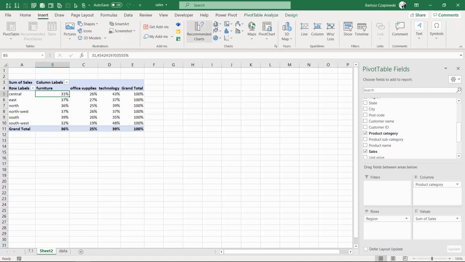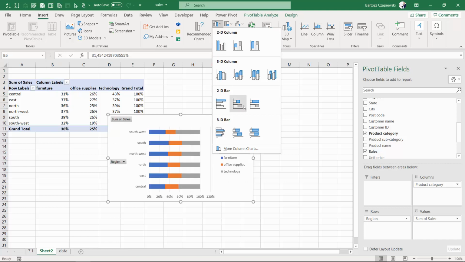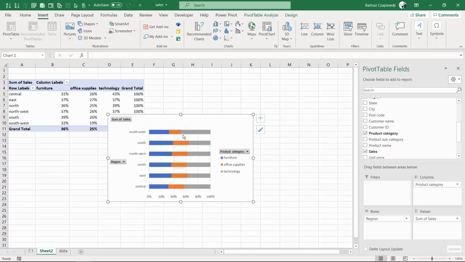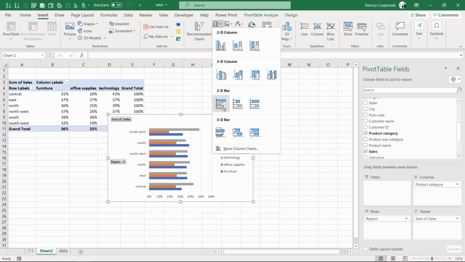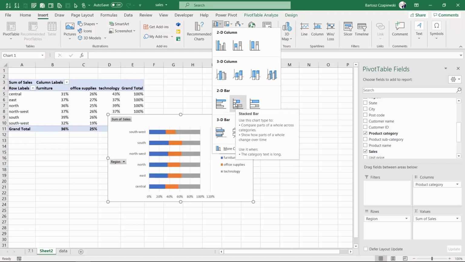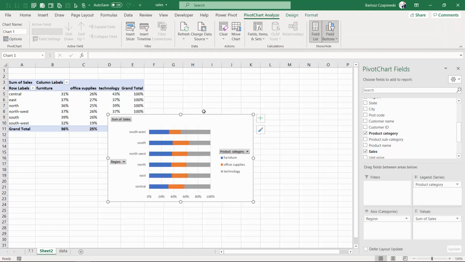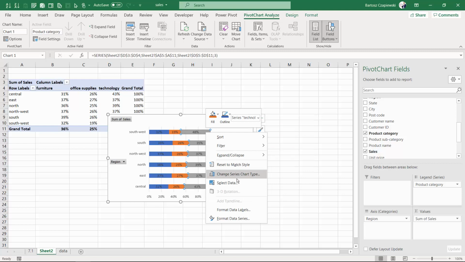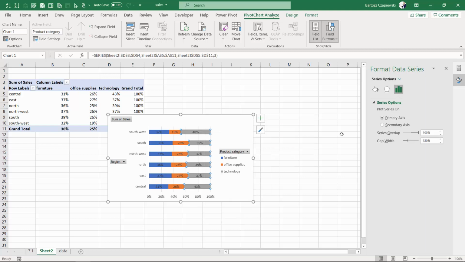We can try, for example, to insert a 100% stacked bar chart, which is always going to show 100%, but in this scenario actually also a normal stacked bar chart would give us the 100% at the end. And what is more, we can, for example, turn on the data labels. We can increase a bit, by formatting the data series, the distance between the bars, for example, applying the gap